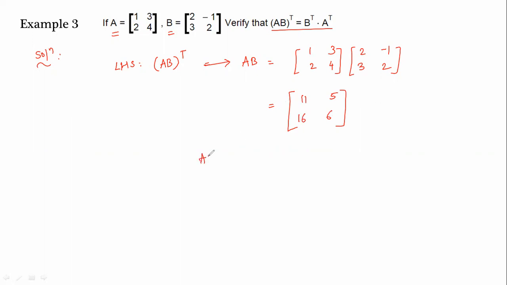So what will be AB transpose? What is the first row? Write it as column. What is the second row? Write it as second column. Okay, I hope